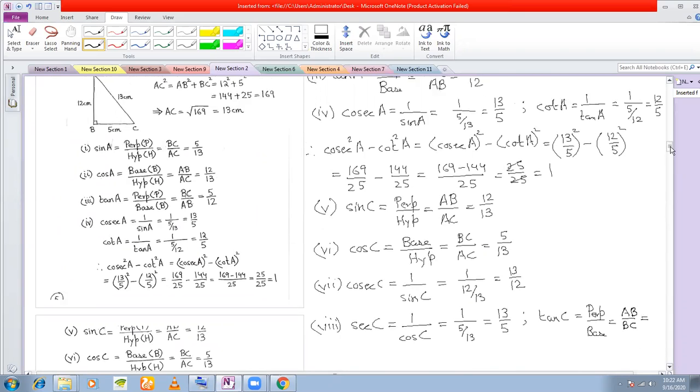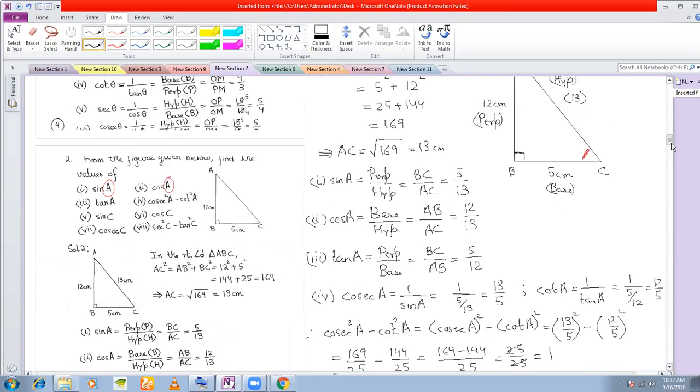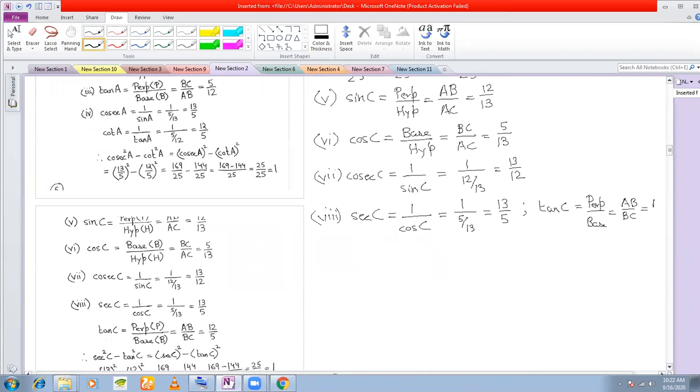And AB here is 12 and BC is 5. So this becomes 12 by 5. Or what you could have done is you could have calculated tan C as sin C by cos C also, 12 by 13 by 5 by 13. Okay. So once you have calculated sec C and tan C, now we will calculate sec square C minus tan